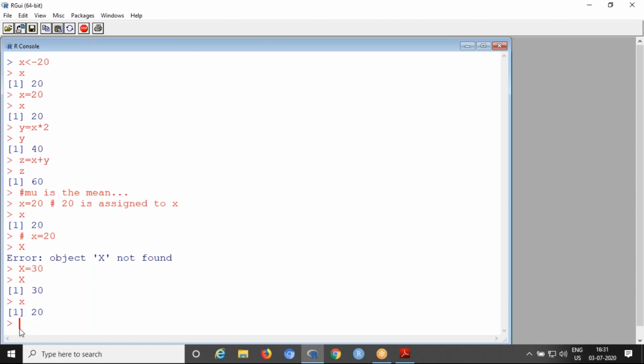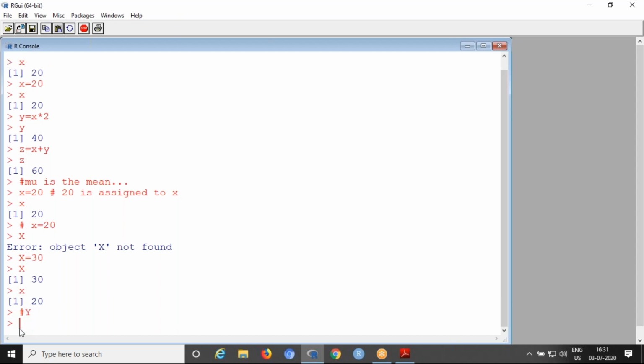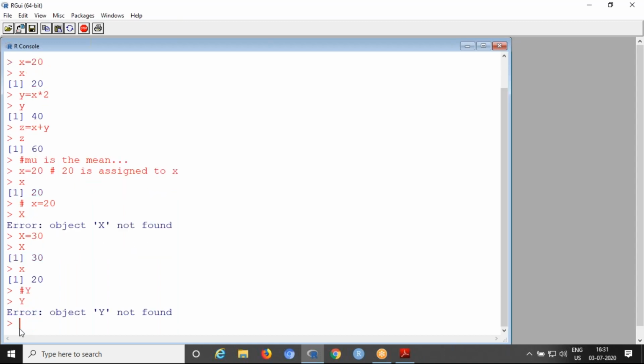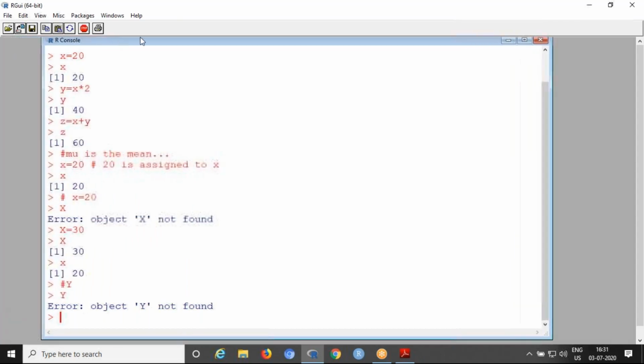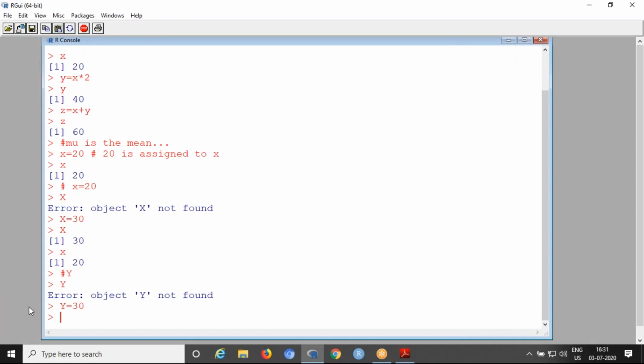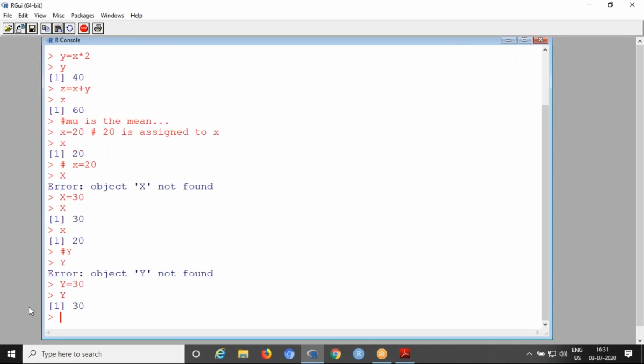Suppose we use hash capital Y, that is a comment. If we call with capital Y, again the same, object Y not found. Suppose you store something into capital Y as 30, then you can call capital Y. So you enter capital Y, 30.